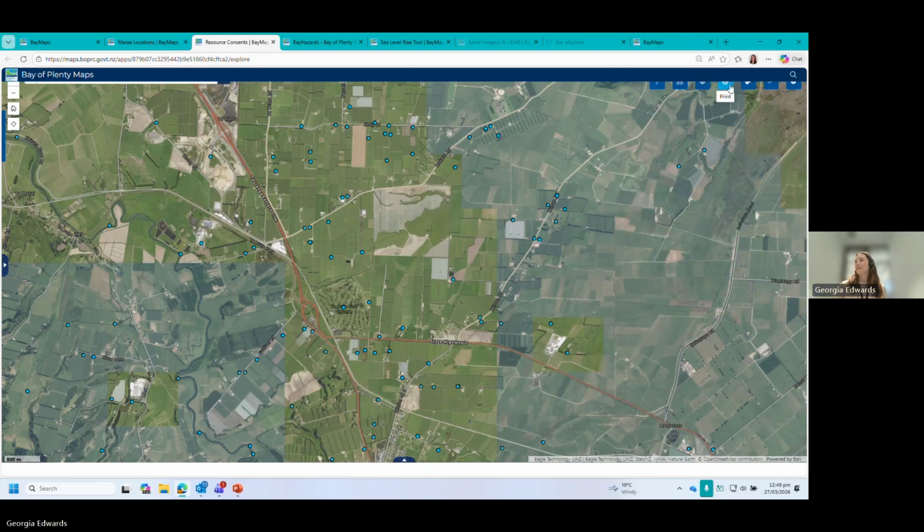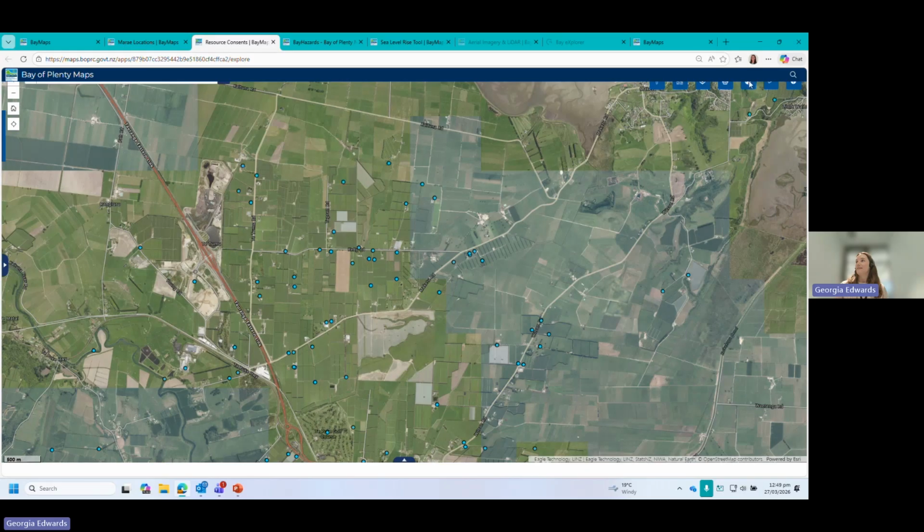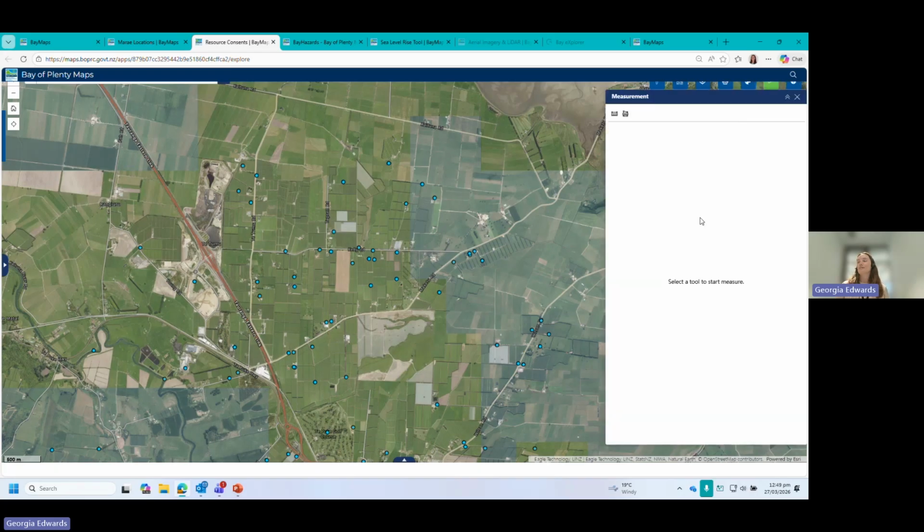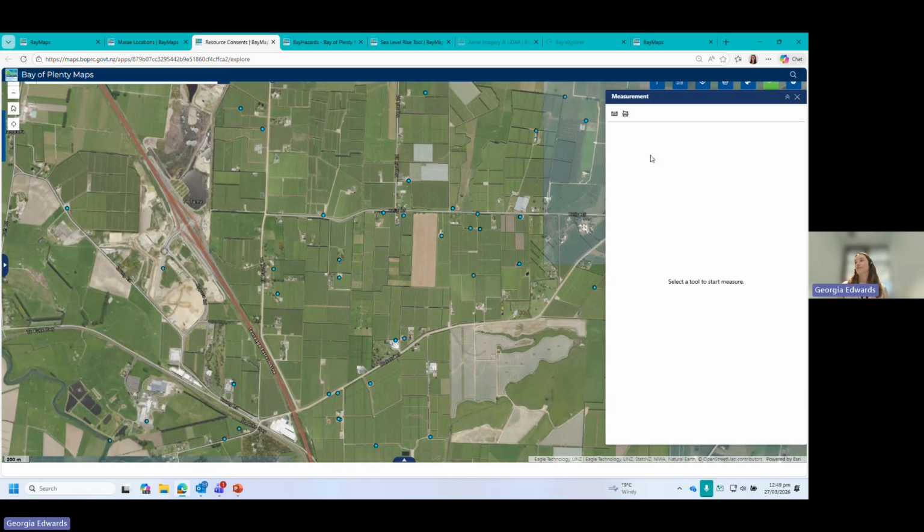There is the option to, once again, print your maps. There is the drawing tool again, so that you can add your own drawings just as a one-off to this map. And there's also a measure tool in this one as well, which works in a very similar way to the drawing tool, but it allows you to draw a line or a polygon. So they're quite small at the top here, but this little ruler with a line above it is just for measuring the length of a line feature, and then this ruler on top of an almost rectangle polygon shape